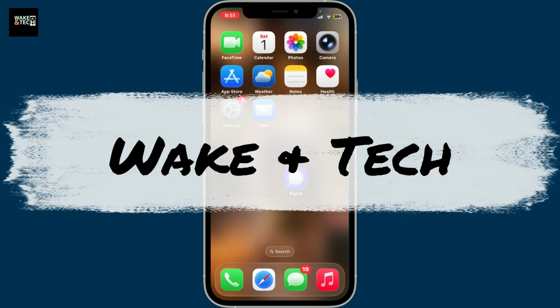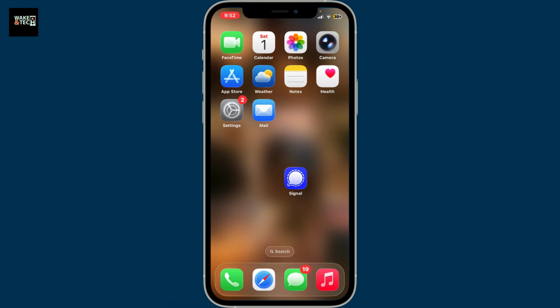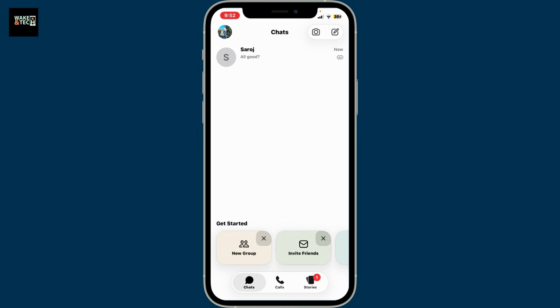If you are using Signal and want to pin an important message, then first of all, open the Signal application on your Android or your iOS or even on your desktop. Make sure that you're logged into your Signal account. And once you are logged in, go ahead and open up a conversation that contains the message you want to